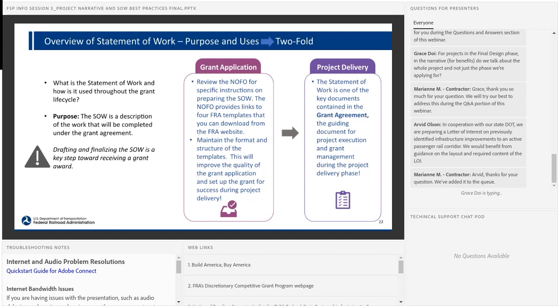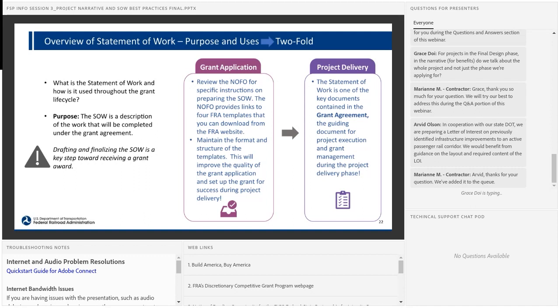Speaking of the grant application, when you're getting ready to do that drafting, review the NOFO for specific instructions on preparing the scope of work. I think Jenny probably mentioned this somewhere in her discussion, but one of the most important things that I've taken away from my time reviewing grant applications is read and follow the instructions. The NOFO usually has all the information you need about every aspect of the application. And if you do that, it makes our jobs much easier and quicker.